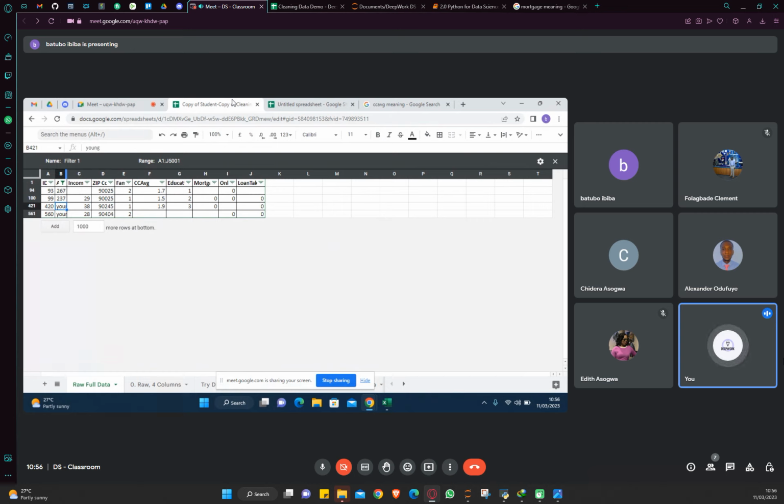But there are still special cases, maybe you are doing an NLP type of project. That's natural language processing, whereby probably the source of the data set